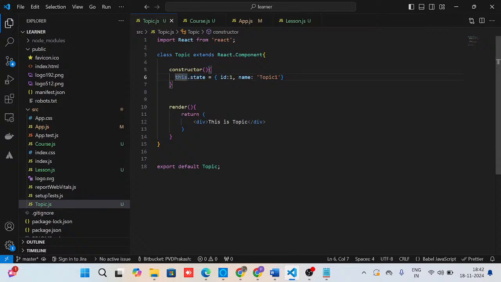So the state is an object which contains this component's information. For example, this topic component has information like ID and name. I want to display the component name. So if I want to display this topic name,